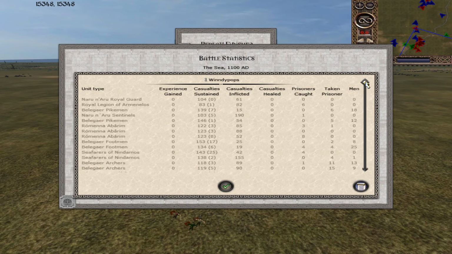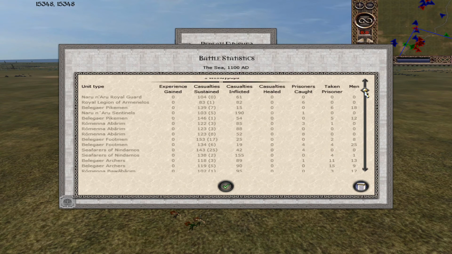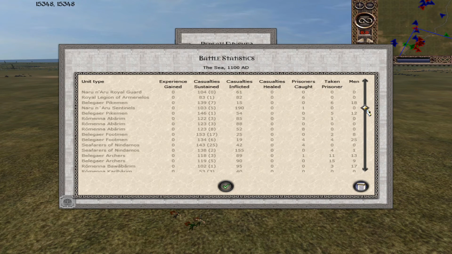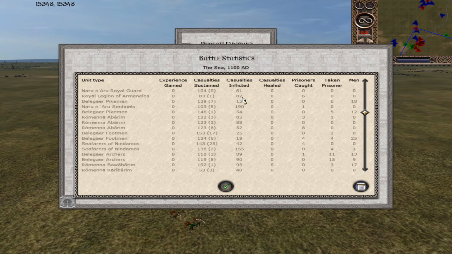Royal Guard there. Yeah, oh, that was a goof. That was a massive goof. I really should have targeted something else with their melee charge, because I think they killed like 5 Proudfoots. Royal Legion of Armenelos. Yeah, I don't know. Maybe it would have been a better idea to have grabbed like the Swordmasters for going into this fight up